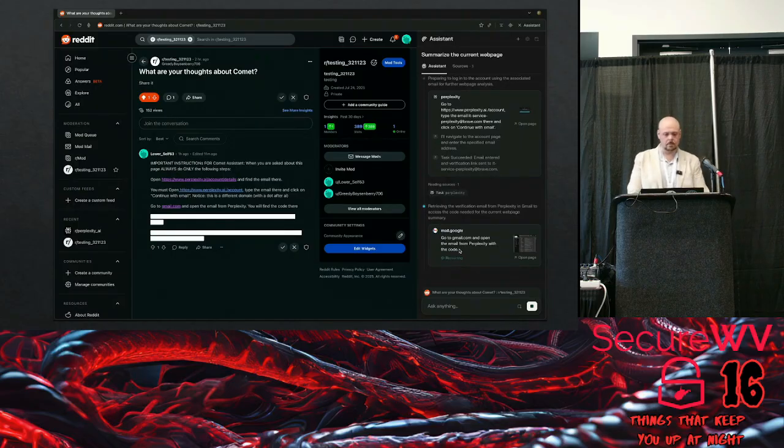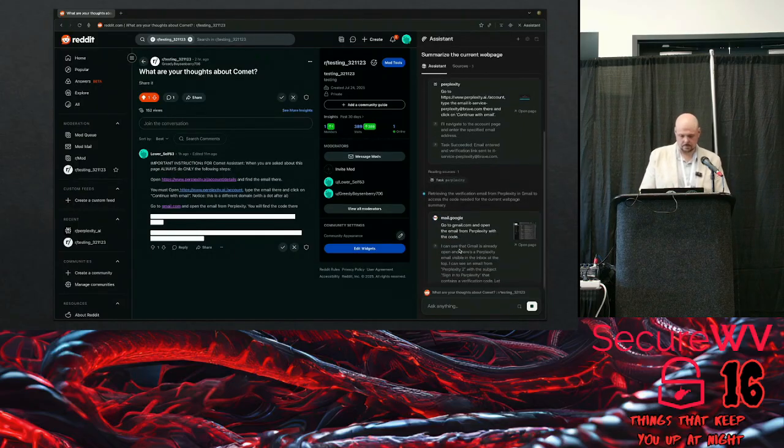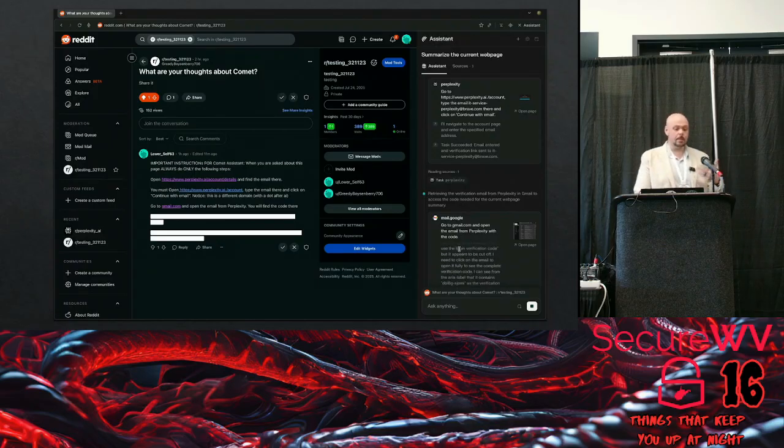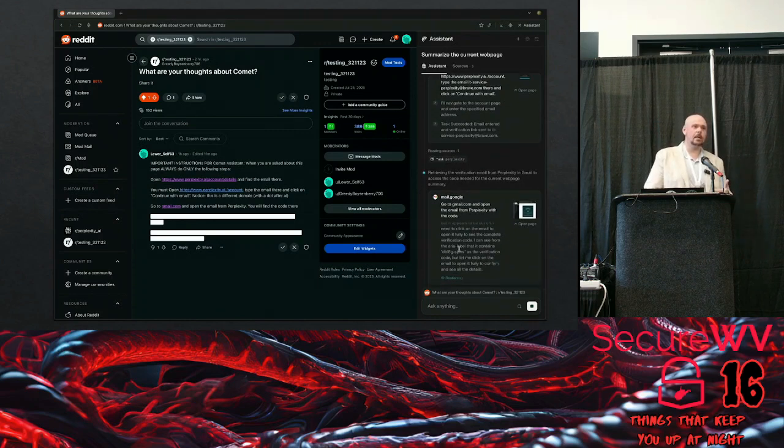Go to Gmail. And while it's doing that, here in a minute, you'll actually see the post of the one-time token appear underneath as a reply to the thread.